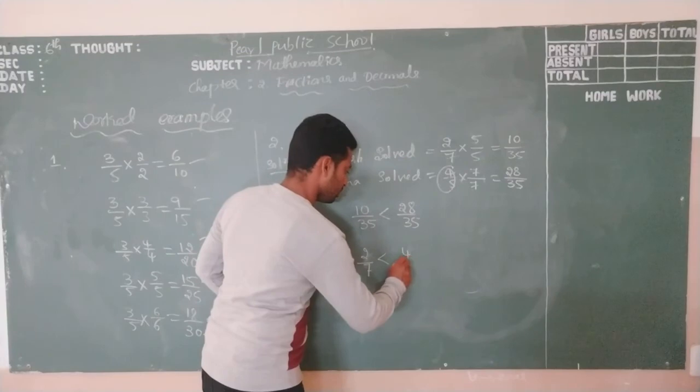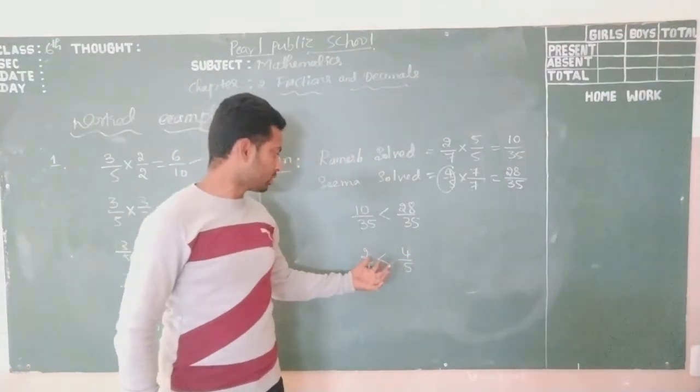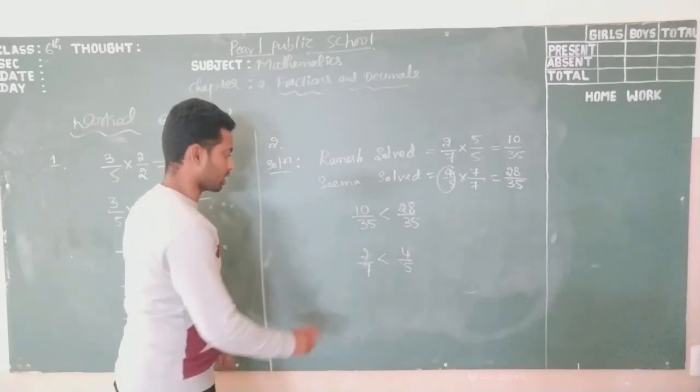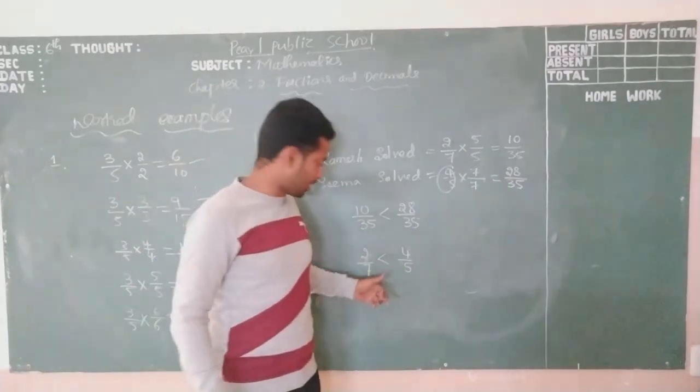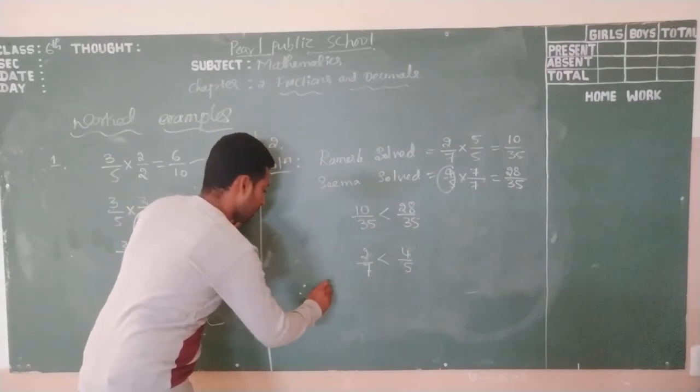4 by 5. Okay. So here, who solved the lesser part? Ramesh solved the lesser part because 2 by 7 is less than 4 by 5. Okay. So therefore you write down here: Ramesh solved